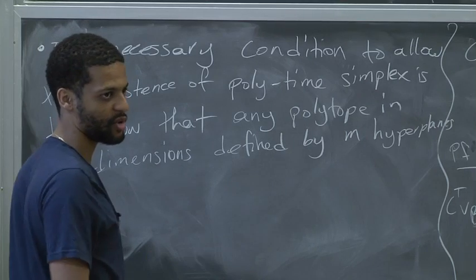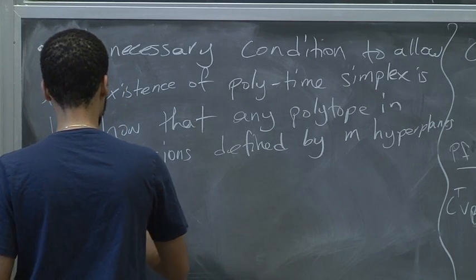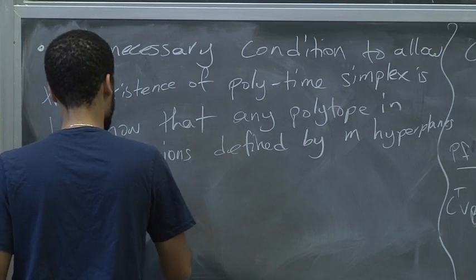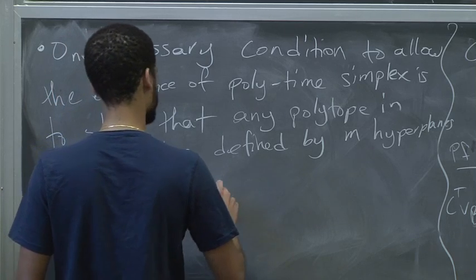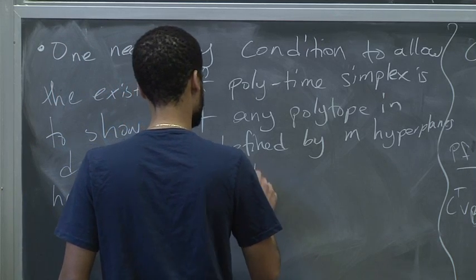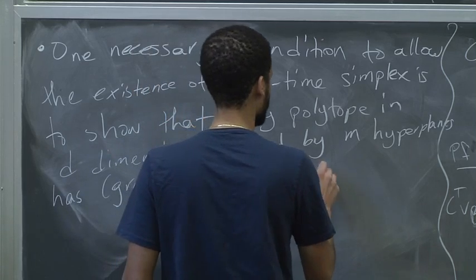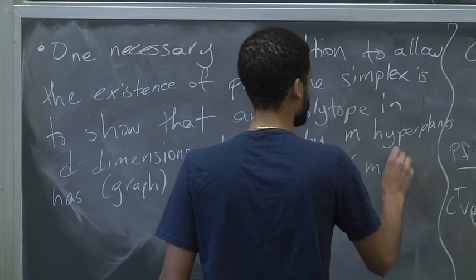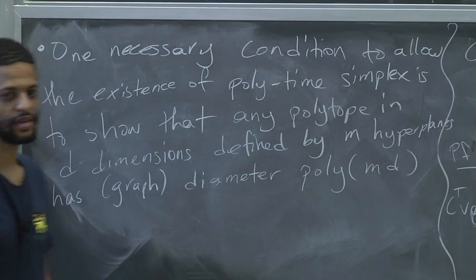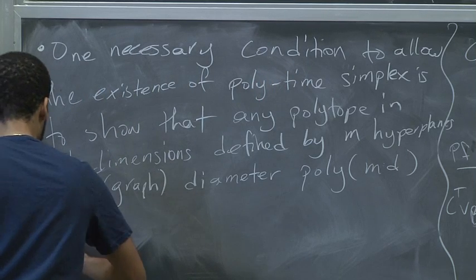When I say diameter, I mean of the graph, has graph diameter say poly of m, d. And there was a conjecture